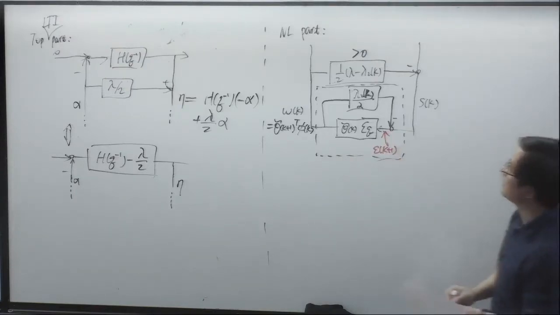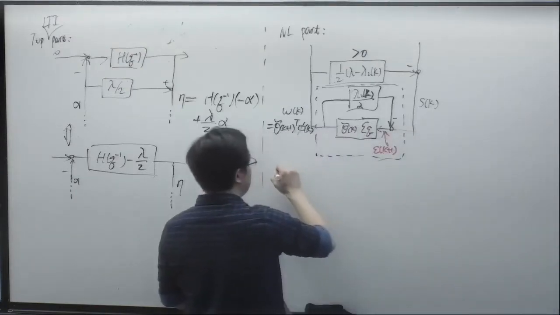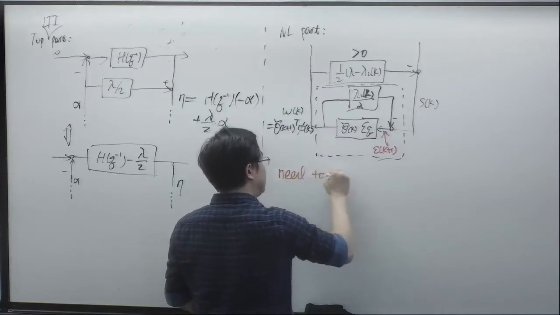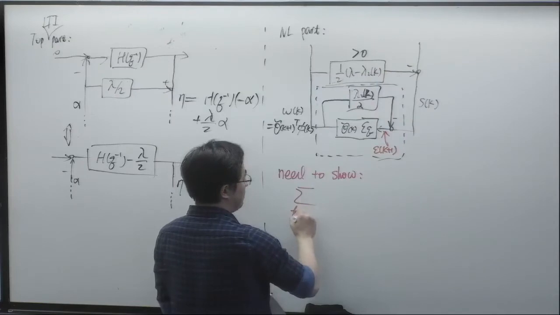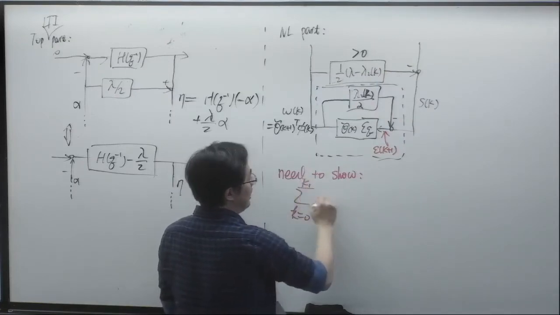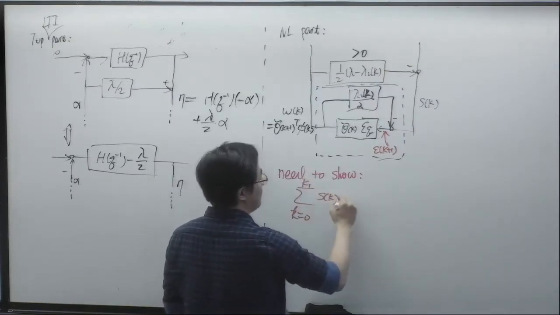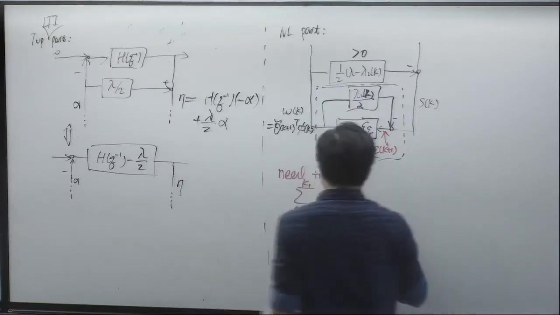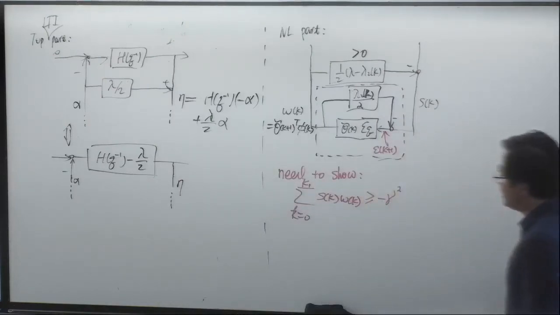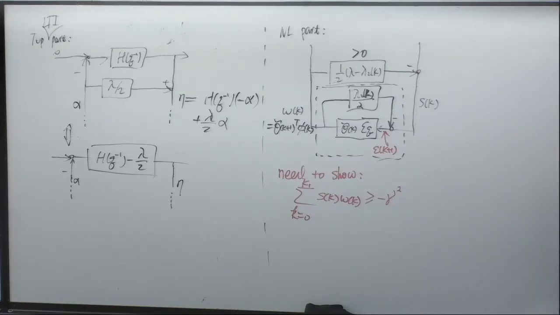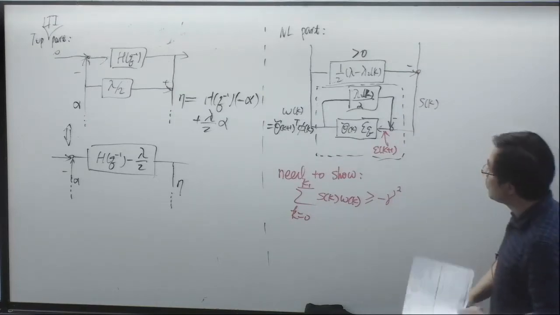This time is different. So what we need to show is that this product term, the sum for k from 0 to k1 of sk wk, is lower bounded by some negative gamma square. This would translate to